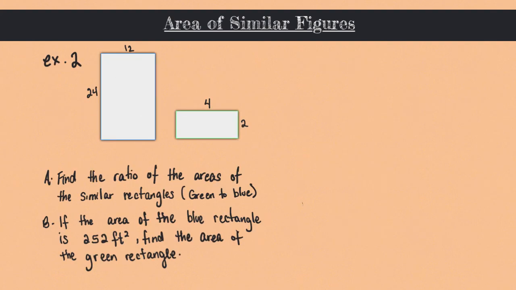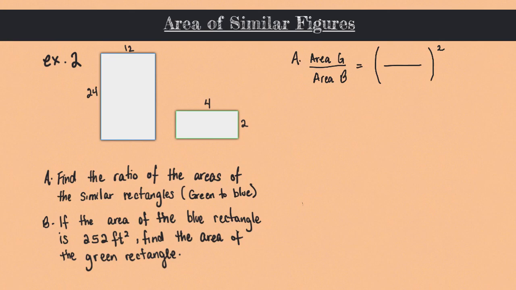In our final example here, we're given two rectangles, and we're going to start with part A, which asks us to find the ratio of the areas of the similar rectangles green to blue. Now, the ratio of the areas of our similar rectangles, green to blue, so the area of the green to the area of the blue, is going to be equal to the square of our ratio of our corresponding sides. Okay, so let's just put some parentheses with the square out there, and we're going to have to figure out what is the ratio of our corresponding